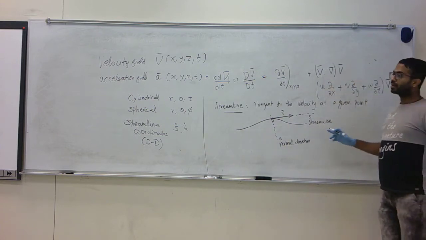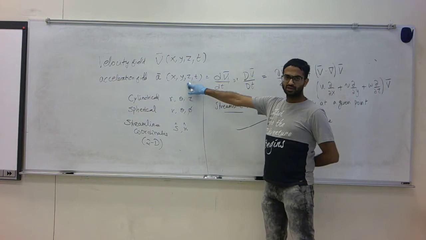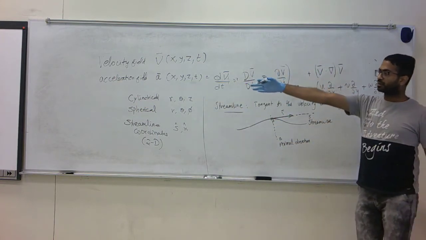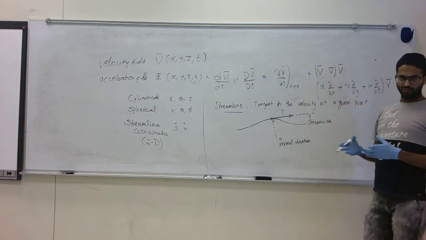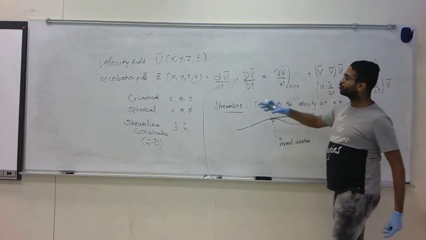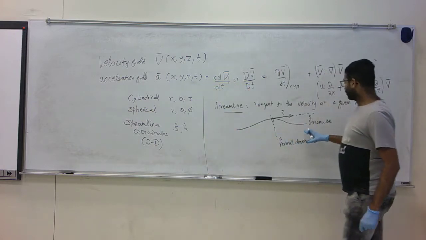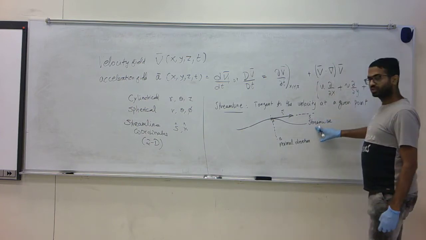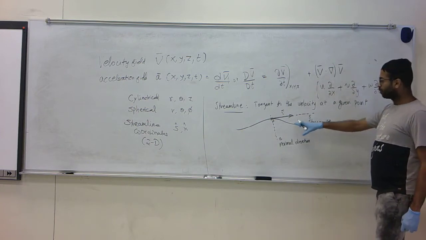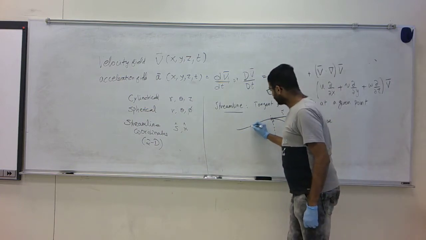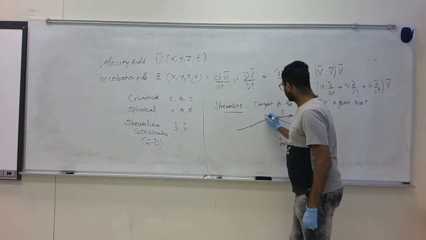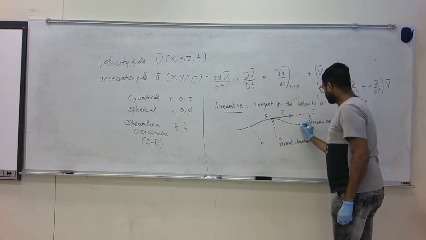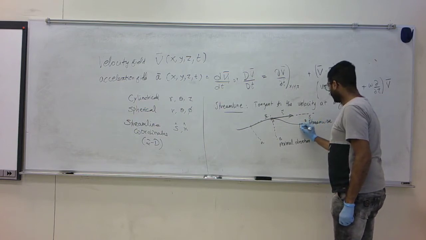Unlike Cartesian coordinates, which are usually fixed in space, that is, if you have this room and let's say I take the corner there to be the origin of the xyz coordinates, we take them to be fixed in space. The streamwise direction keeps changing from point to point. If I take this point here, the streamwise direction was this one and the normal direction was this one. If I take this point here, the streamwise direction is this one and the normal direction is this one.